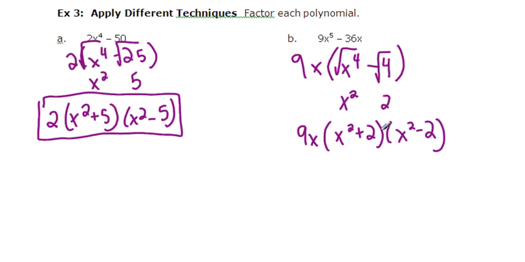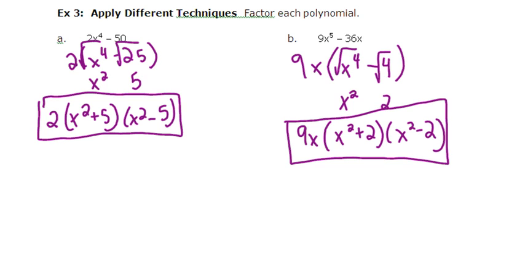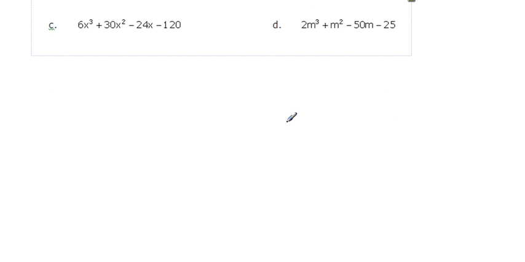So again, now since I still have exponents, I'm going to check. This has two terms but a plus sign. This has two terms and a minus sign. The square root of x squared is x. The square root of 2, though, if you plug it in your calculator, is not a perfect square. It doesn't give you a nice number. So we're done here. So this is my answer. Okay. So if we look at C and D, these have 4 terms, so I can't use